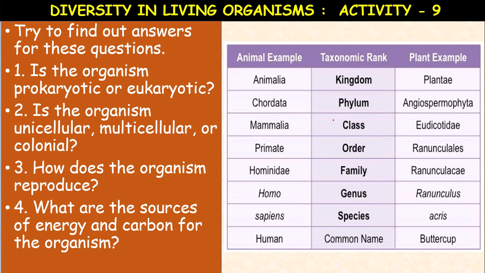Because a kingdom includes several phyla, a phylum includes several classes, a class includes several orders, an order includes several families, a family includes several genera, and a genus includes several species. So that is why representation in this manner gives a clear-cut classification. Using scientific names helps us in avoiding confusion, number one, and it also helps in systematic study.